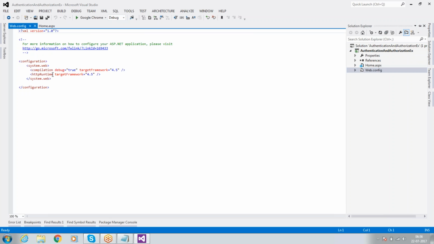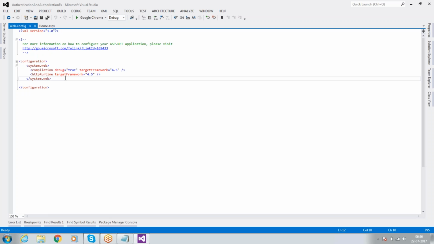This is the web.config file. In system.web we can write. Yesterday we saw connection strings and application settings, right? But here we can make use of system.web. So in this, authentication